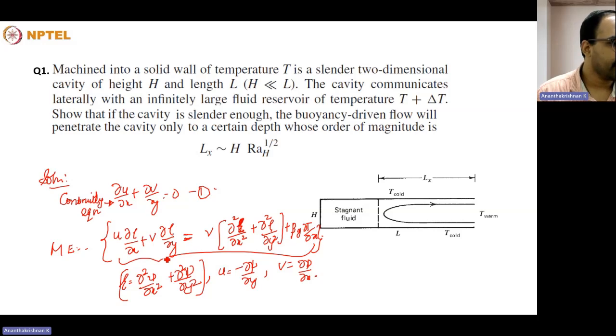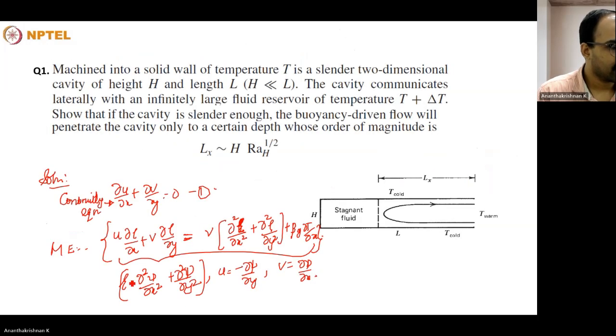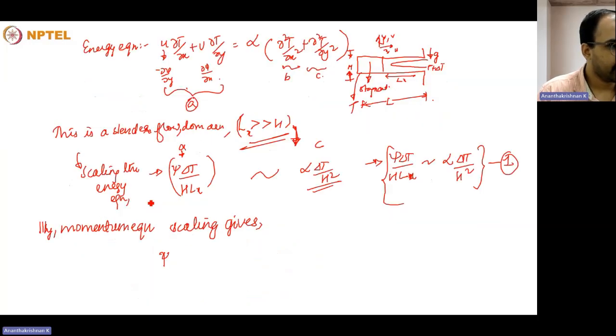psi squared divided by A, B, C, and D. A reduced to